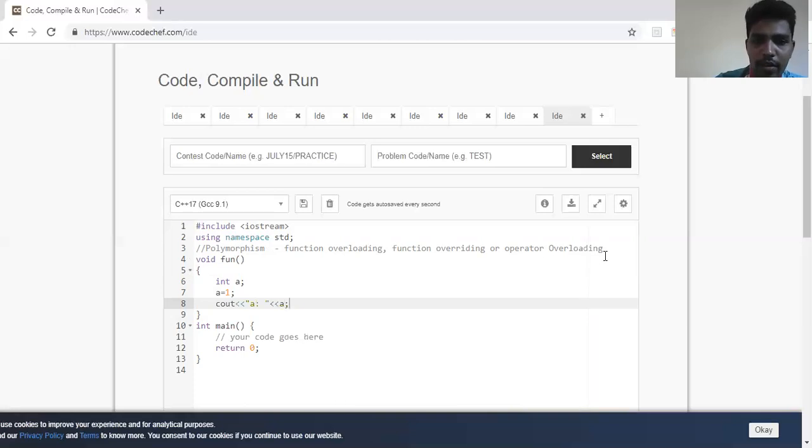I'll print the value of a, and then endl. So this is of one kind, one function which I've written.